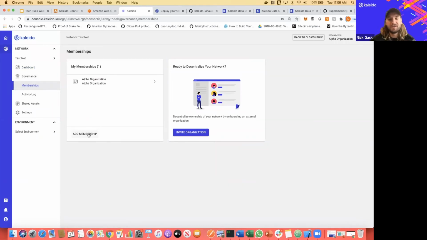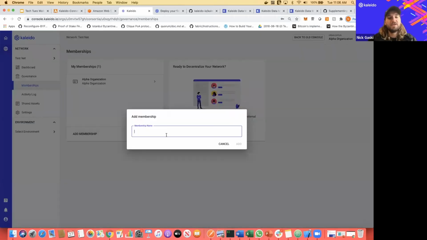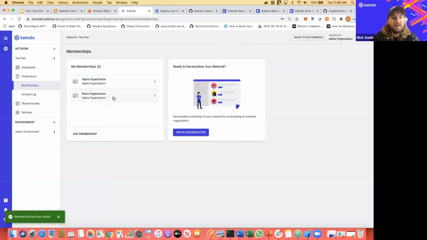And so rather than actually decentralizing it from step one, what you can use is this construct that we have called a membership, to sort of simulate how that network's going to look in the end. And you can start binding resources and security credentials and all of the core services to these different memberships. So again, you can simulate that ostensible ownership of those assets. So I'll call this Bravo organization. And again, now we can create nodes and services and we can bind them to these memberships, but I own